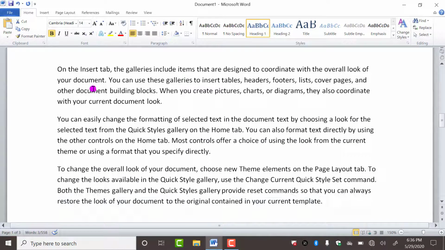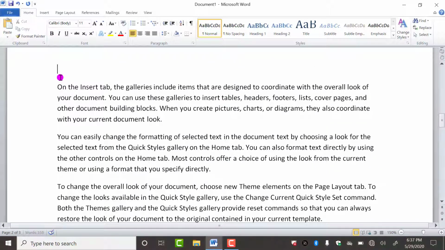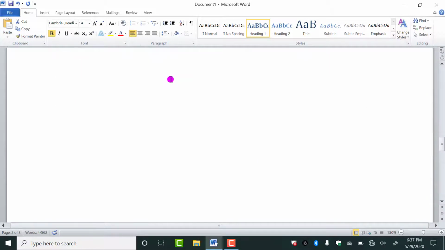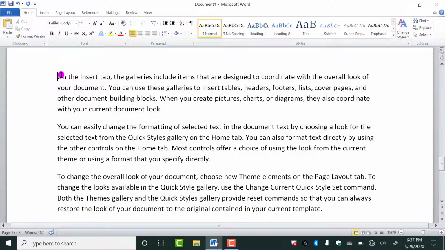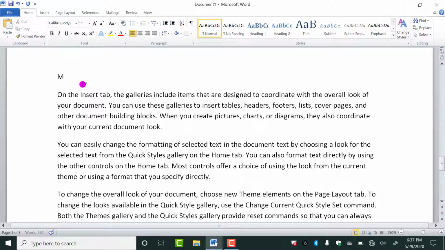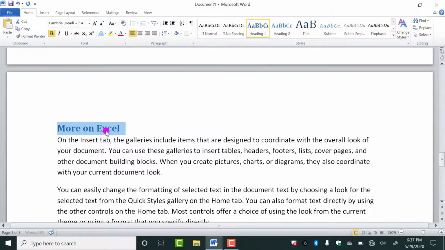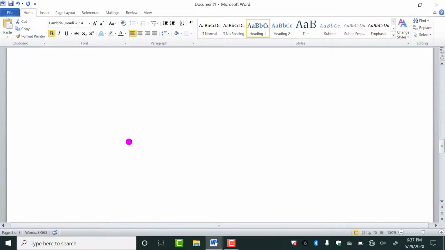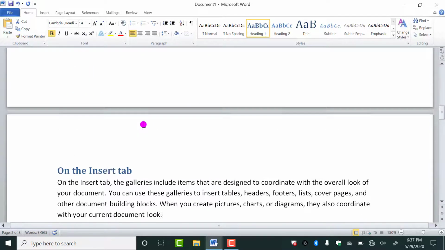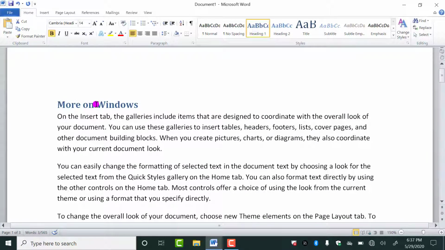Next, on the second page, I'm doing Control C, Control V, and I'm making this Heading 1 again, and on the third page here I'm writing more on Excel. So these are my 3 chapter names. The third page chapter name is more on Excel, the second page chapter name is on the insert tab, and the first page chapter name is more on Windows.